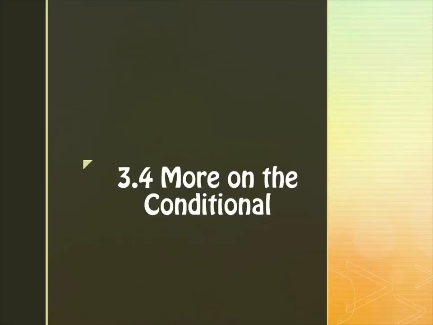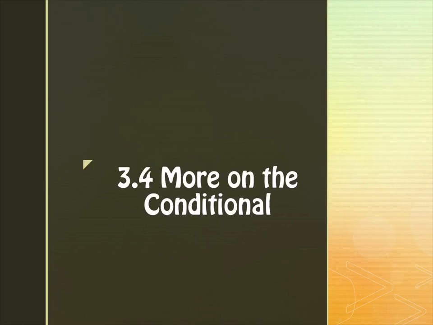Section 3.4, we're going to be looking at more on the conditional. So we just got through looking at Silly Songs with Larry, Monkey and Tail song, right? And there's clearly something wrong with Larry's logic, right? If it doesn't have a tail, it's not a monkey, it's an ape. There's a problem with it. So what he's actually working with is conditional statements, an if-then statement, and he's working with changing them around, and he's doing something wrong. So I hope that we'll find the place where he's doing something wrong as we discuss